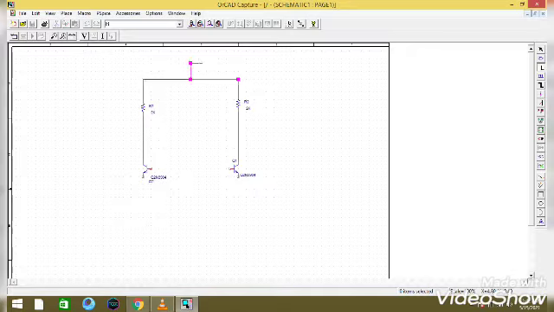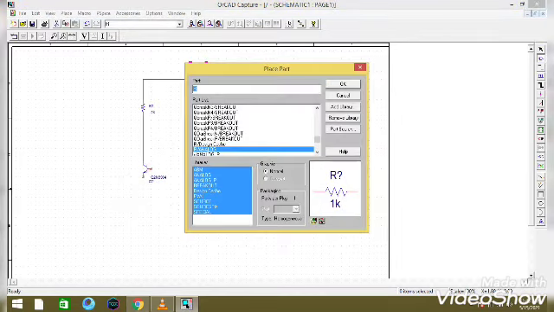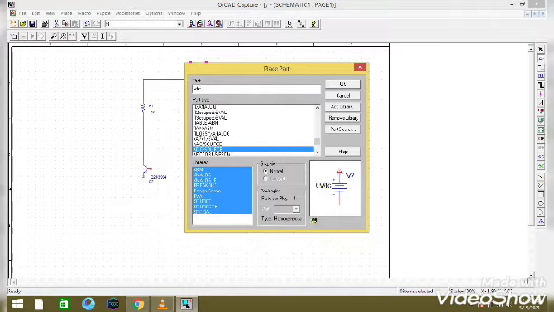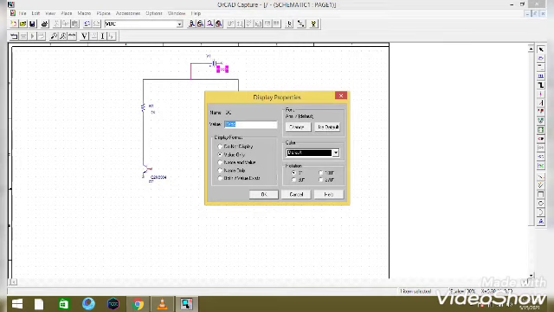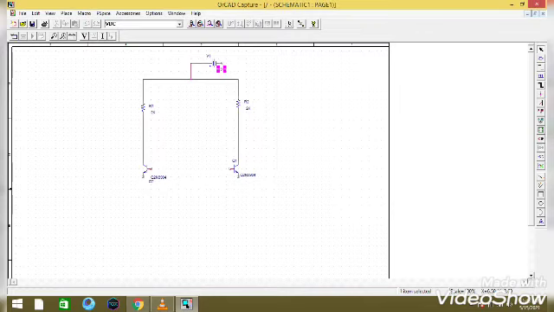Now I am making the wire connections for the power supply, that is the DC power supply, and right clicking and end wire. Now go to place, part, type VDC. The DC power supply will be available. Double click on it and place it on the top. I am rotating it and placing it on the top. End mode. Double clicking on it and changing the value for the power supply. I am giving it as 15 volts.